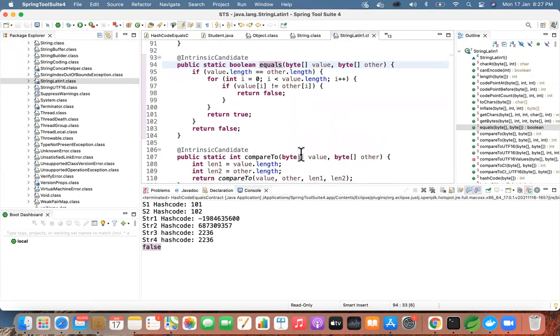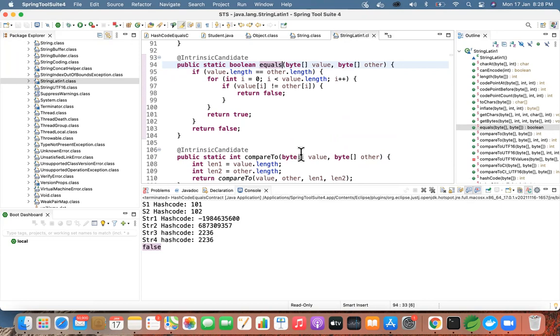So what are we doing here? We are comparing the values and we are not comparing the references. So here what happens, the first str3 has FB and str4 was having EA. Though the lengths are equal, the values are not the same. So it ends up with the false value.